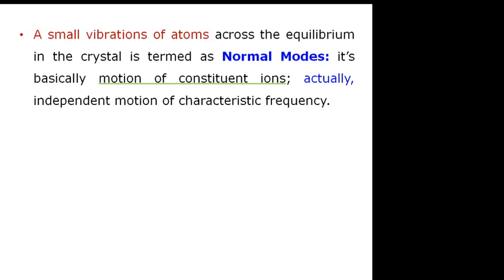Now let's talk about solid material. So naturally we will be focusing on two types of solid. It would be either a crystalline material or an amorphous, that is non-crystalline, material. If it is a crystalline material, then there is a periodicity of an atom or a group of atoms. But within this periodicity, within this set structure, within that set crystal, the atoms are not firmly at their bases, but they are doing small vibrations.